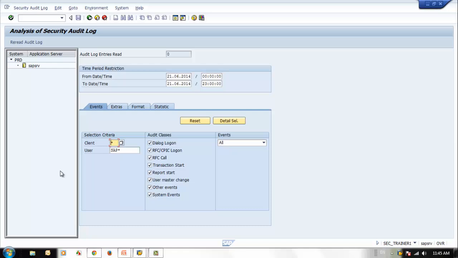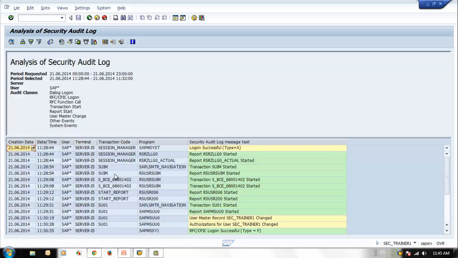So let's make it quite simple now. Let's say all clients. I want to see what happened with the user SAPstar. So select this and say read audit log. Now you can see the details. The logon was successful on this date and this time, for SAPstar in the terminal server I5. This is the terminal which logged in. Then if you double click here,